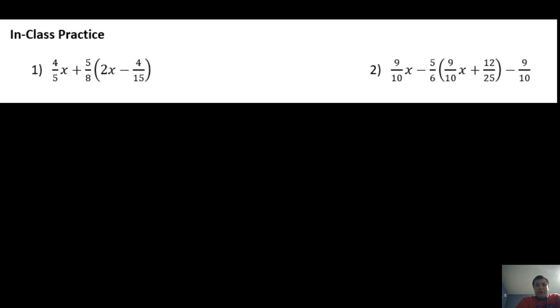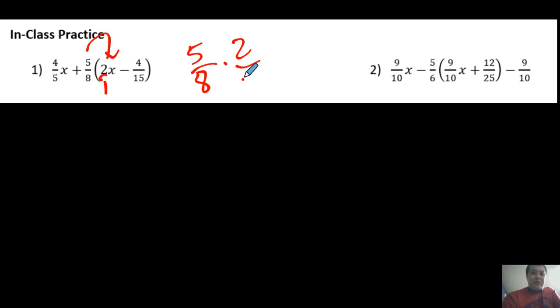Everyone, we're going to go over the in-class practice from your guided notes for distribution. Here we're going to be multiplying fractions, distributing fractions into binomials. So our first part is going to be multiplying 5/8 times 2. And in order to do that, we got to put 2 over 1 because fractions times fractions. So we got 5/8